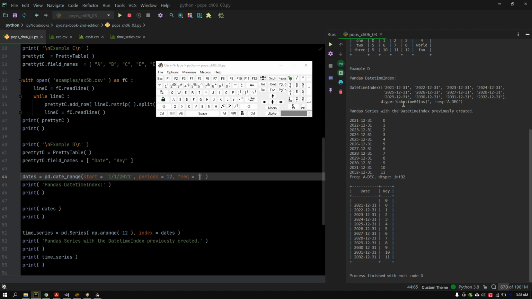So you see the years are changing here, 2021, 2022, and it's given us the 31st day of December. So it's given us the last day of that year, December 31st for every year from 2021 through 2032, 12 years. We can change that to month,